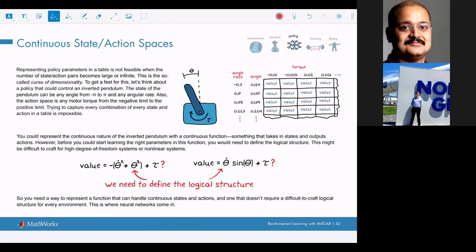the picture, wherein you want to define, or you want to discuss, or you want to use this function, but you don't know the exact structure of the function. So what is the best way to describe this? The best way to describe this is using a universal function approximator, and that is nothing but the neural network.